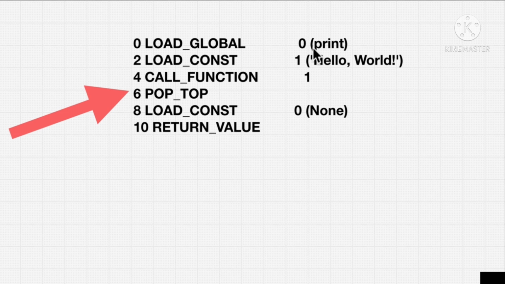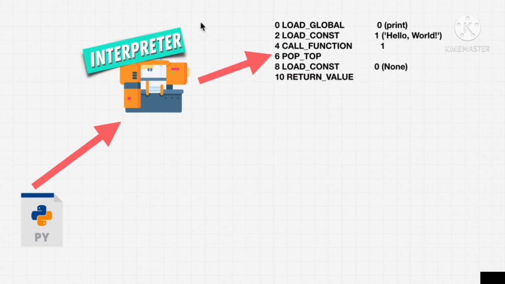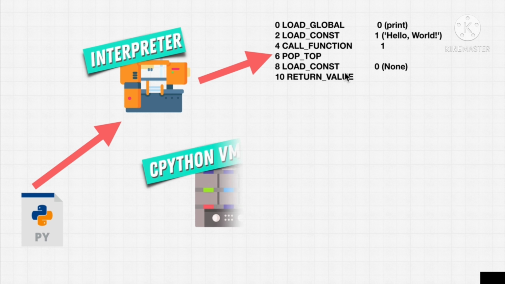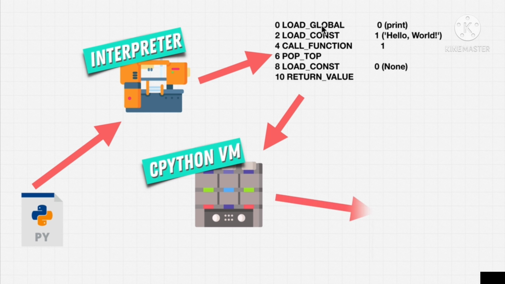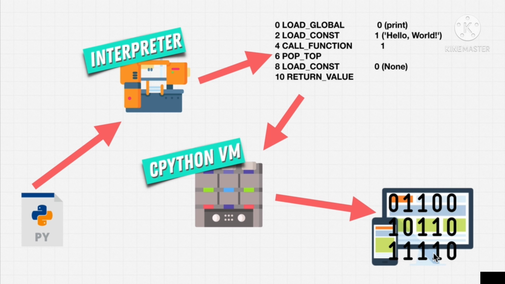Now, this might look like gibberish to you. And even for me, I don't know bytecode. This looks pretty, well, confusing, just for printing hello world to the screen. Well, the interpreter does that automatically for us. We don't see it. It's behind the scenes. Now, once it creates a bytecode that is closer to machine code, it then uses the CPython virtual machine. Again, just something that runs this code, and then this code gets run on our machine.